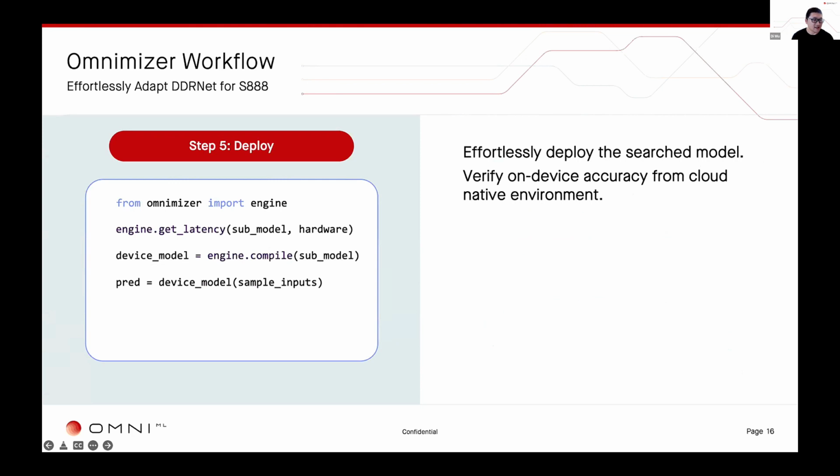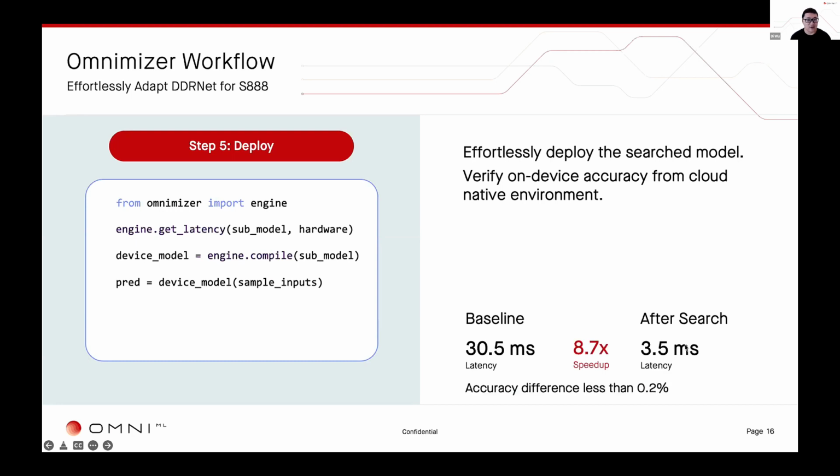So by giving it the input, we can actually get on-device prediction results to validate the accuracy on device for the developer as well. So in this case, we find a 3.5 millisecond model after the search, achieving 8.7x speedup